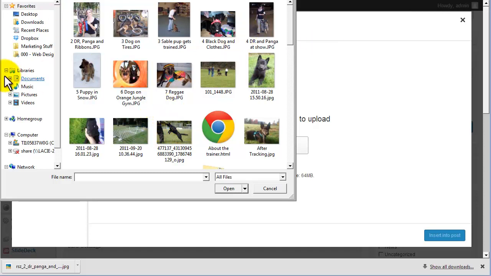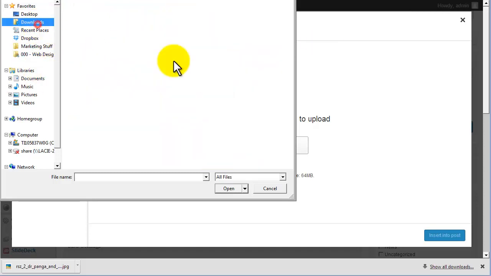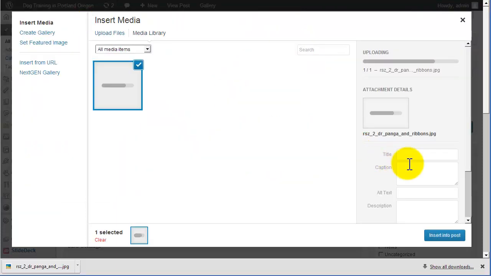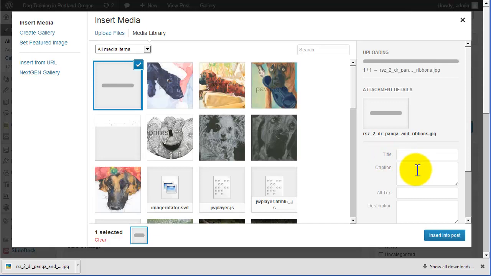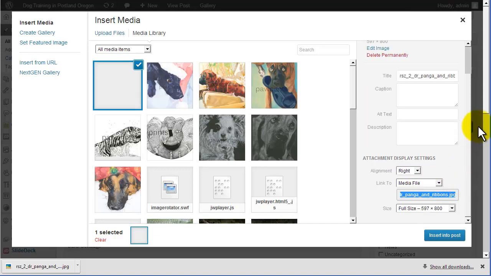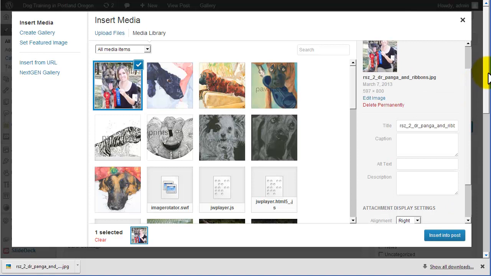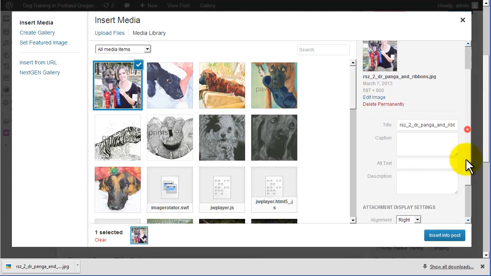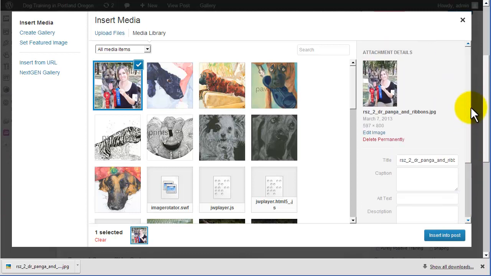I'm not going to use these because they aren't resized. Here's the one we resized. And one of the things that you'll notice here is that besides the full-size version, which is in here on the right-hand side, then